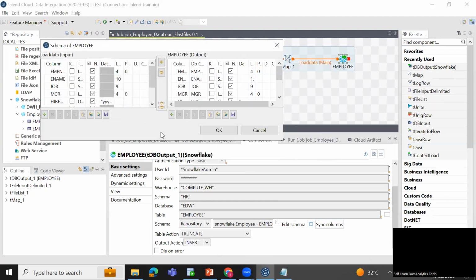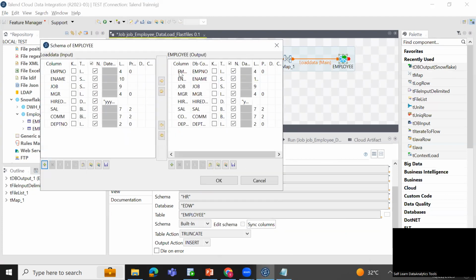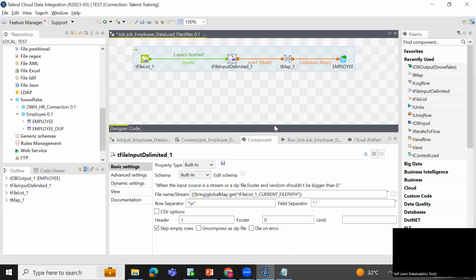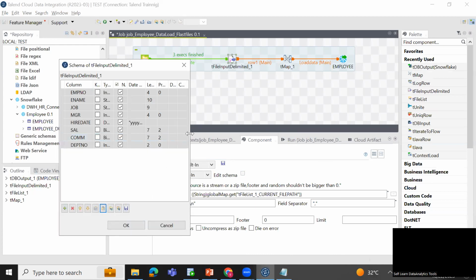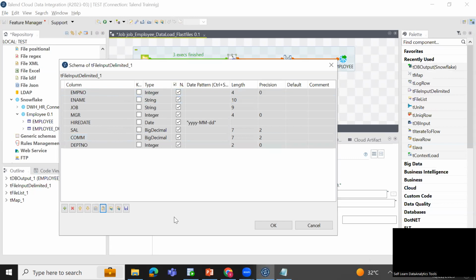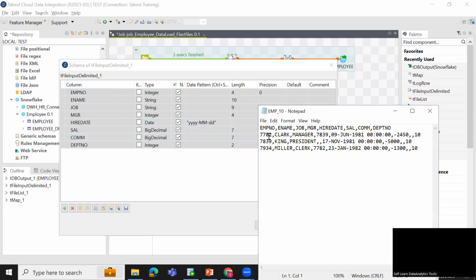You can copy the schema basically. My target table schema I want to copy. Here you can say copy, and go to tFileInputDelimited, edit the schema, remove these two selected ones, and paste this. So automatically you will get the list of the columns. Okay, and see, if you want, you can cross check: employee number, ename, job, MGR, hire date, salary, commission. So this way, instead of adding the schema manually, if the structure of your file and target table is the same,